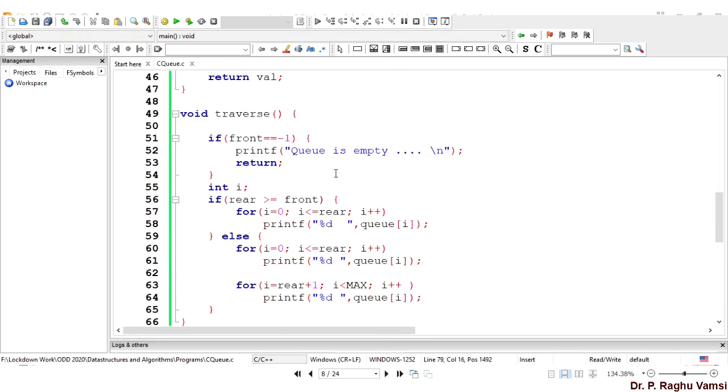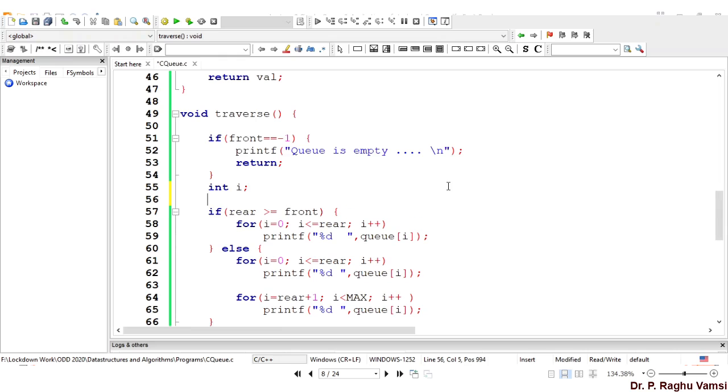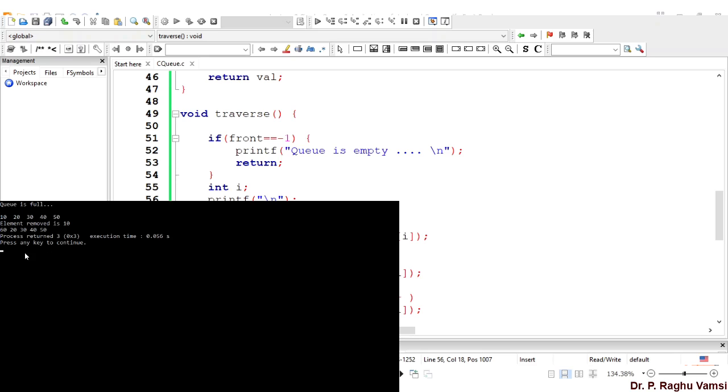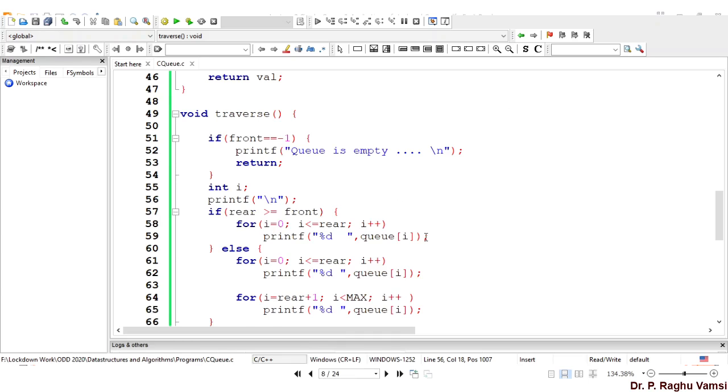In order to traverse, first, to make the display very clear, backslash n. So 60, 20, 30, 40, 50. So 10 is removed, and in place of 10, 60 was inserted. In this way, our program is working fine.